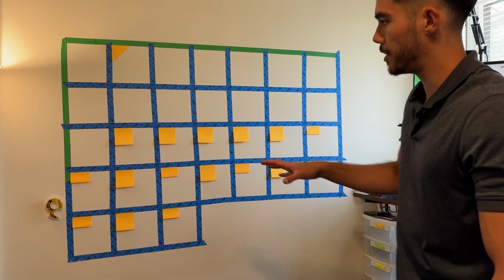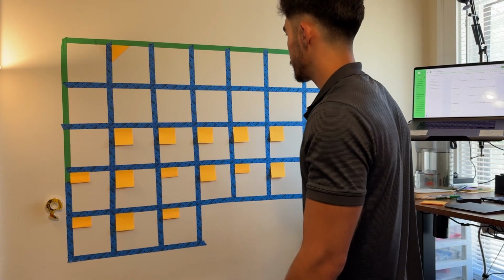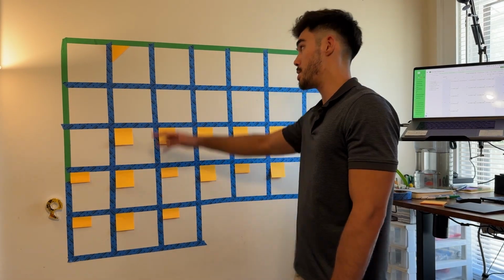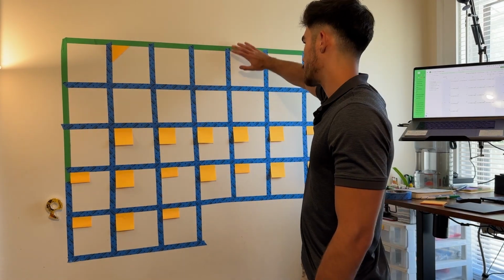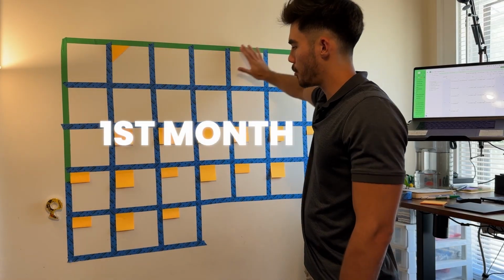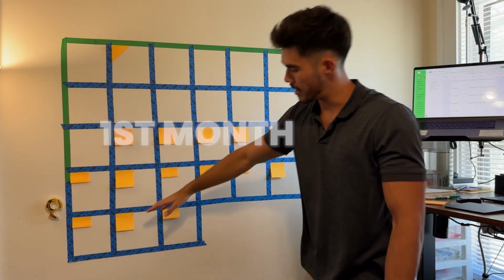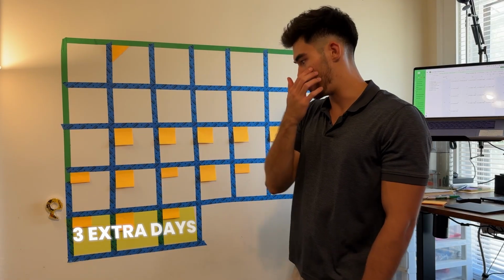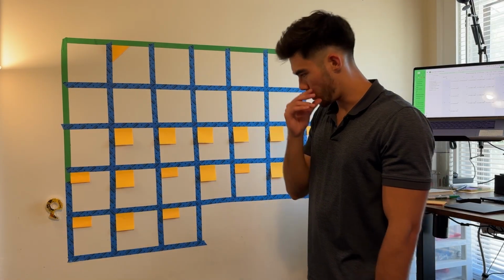Okay, so this might be a little bit hard to see, but basically I've got the first month done. Now this is exactly what the first month is going to look like for you if you're going to start recording as well, because basically I'm on this first week right now pre-recording a bunch of content. So month one, realistically what it's going to look like, and I added 3 extra days just so we have a full 31-day month. It might not look perfect like this, but the point is more,